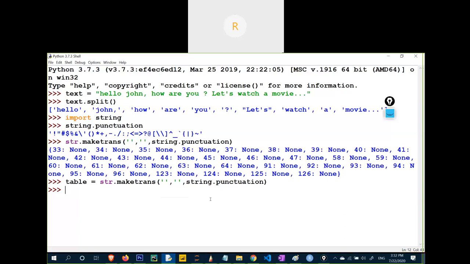Exactly, these are the ASCII codes of punctuations. So I keep these punctuation ASCII codes in a variable table, and then I will write text.translate. There is a predefined method known as translate. Pass the table, and let's see the output.